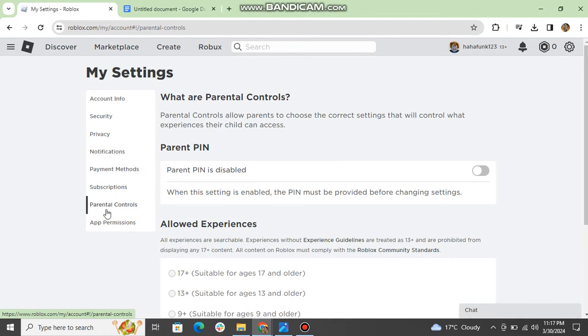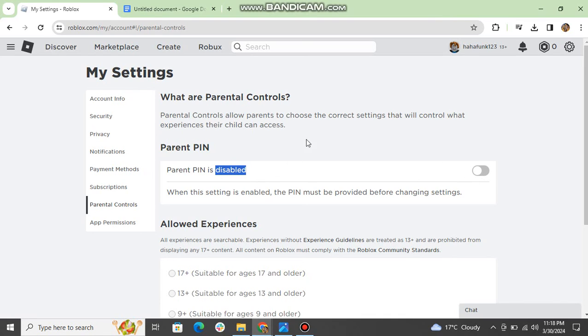If you want to keep the PIN enabled but unlock it for this session, look for an Unlock PIN option. If you want to disable the PIN completely, look for a toggle to turn it off. Enter your current PIN to confirm disabling it. 5. Once you've unlocked the PIN or disabled it if that's what you wanted, try performing the action again in